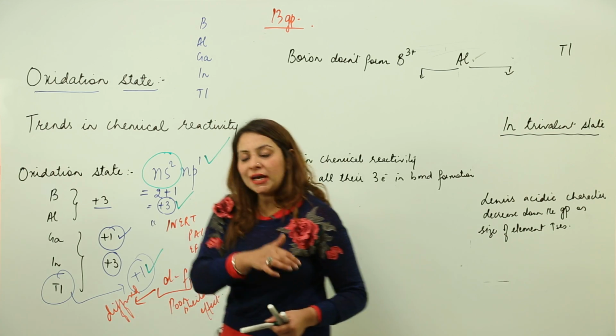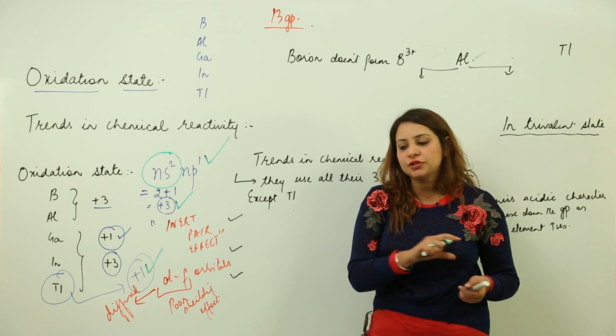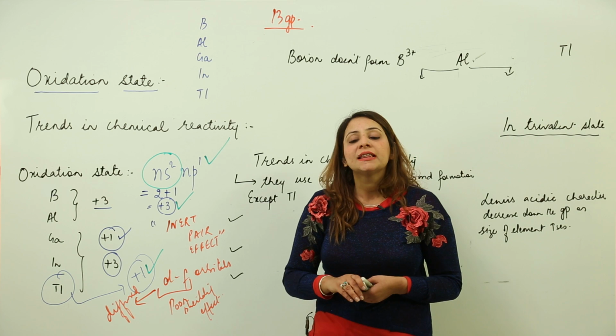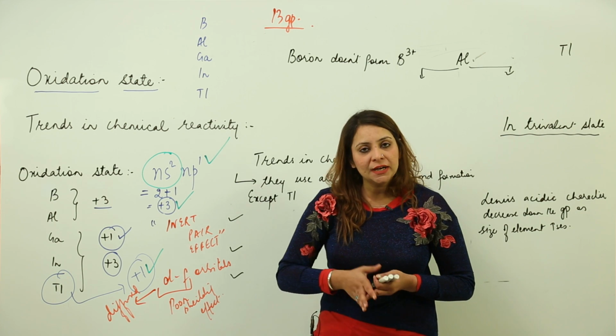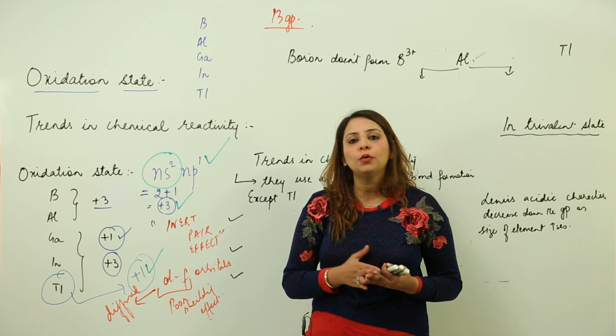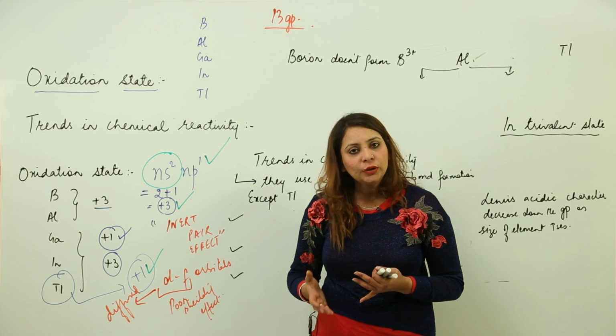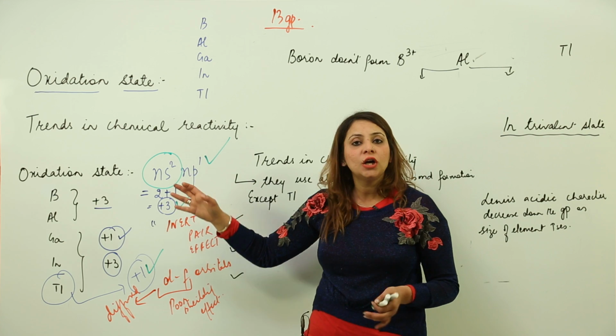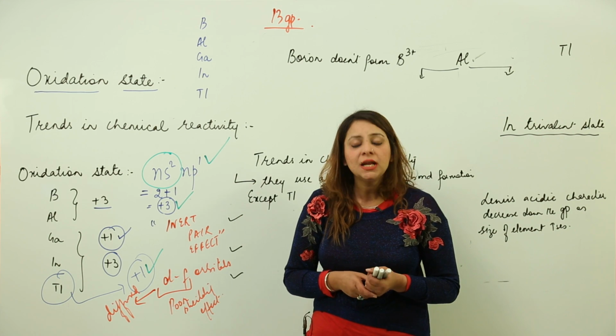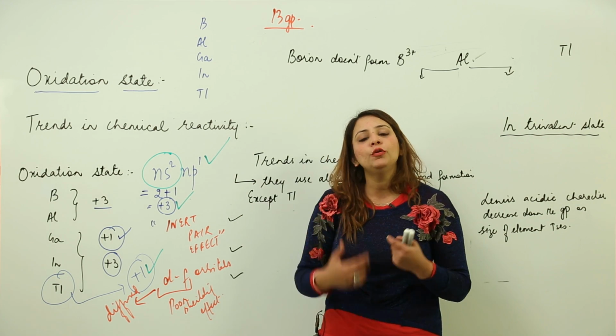So if somebody asks you to write a general definition for the inert pair effect, it is the reluctance of s electrons to participate in bond formation due to poor shielding effect and increased nuclear charge. The s orbital electrons do not participate in bond formation, and that is the reason that as we move down,